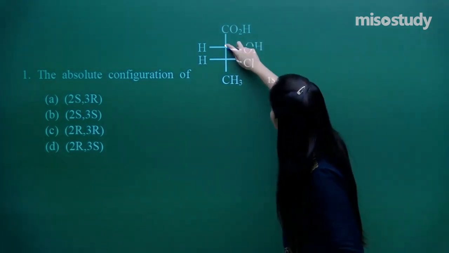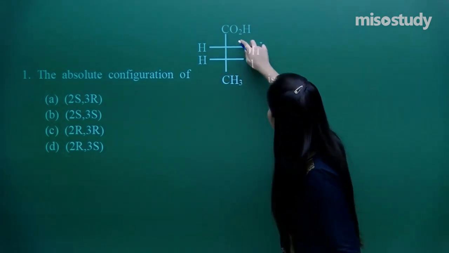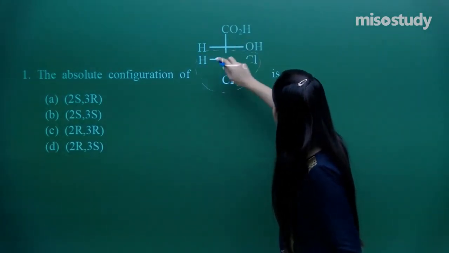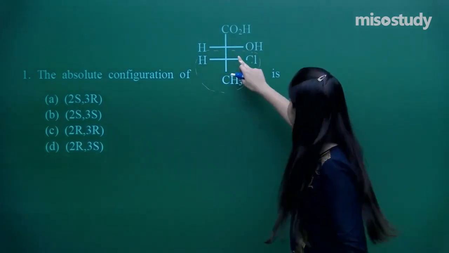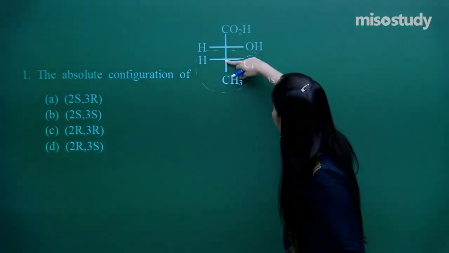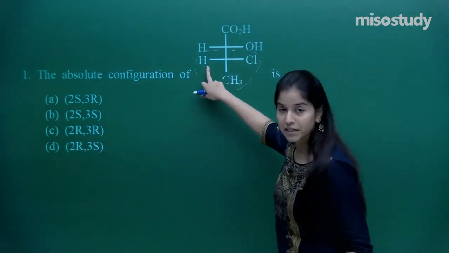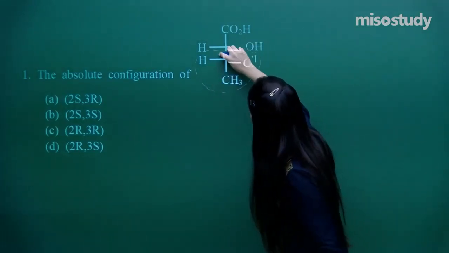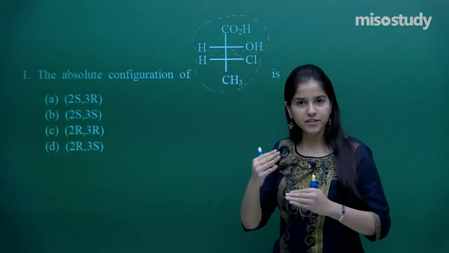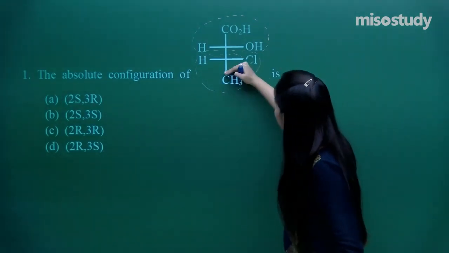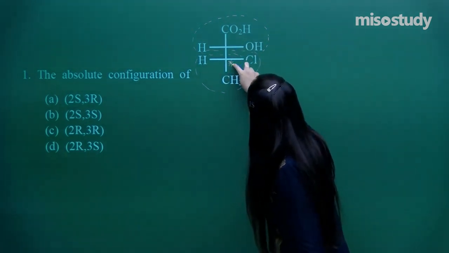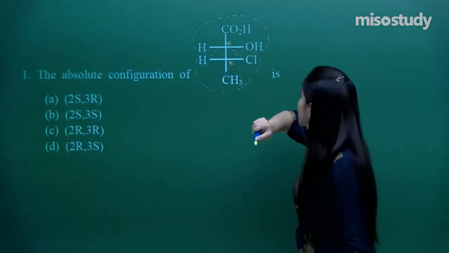That means, number 1, this carbon is attached with 4 different groups. I mean to say that this group will be treated as a whole as one. That means I have 4 different attachments. Again, if I look at this other carbon, here also I have 3 different groups along with the 4th one. So, that means 2 different chiral carbons over here. Let me mark out the chiral carbons. These are the 2 chiral carbons that we have got.